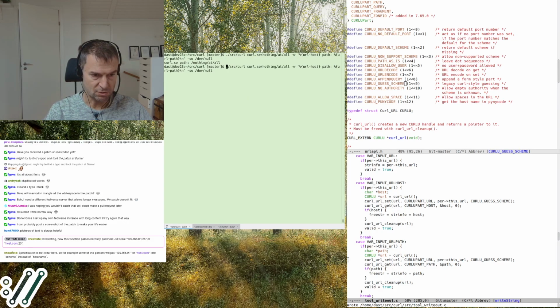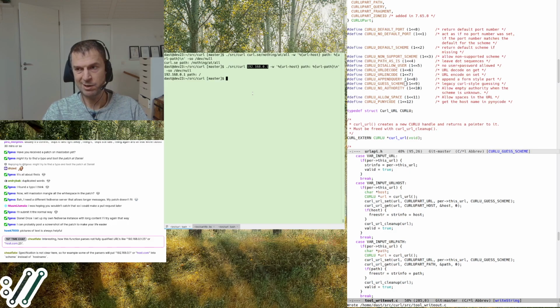There is one. So when you do this, then you can also do like this. I happen to have a host on this, so when I do this, boom, it'll just work because curl will treat this as a working sort of quote-unquote URL. It's not a URL, but curl will deal with it as a URL. And it'll also then use a default scheme for it. So if it would output scheme here, it would say HTTP because it'll do that by default.